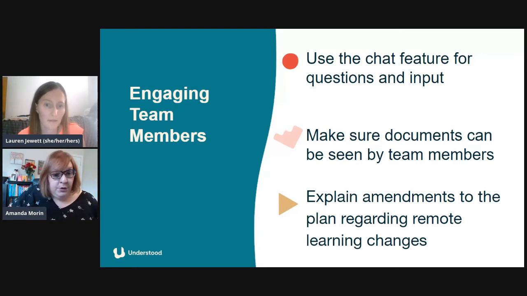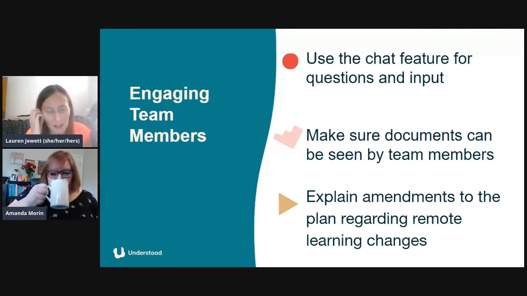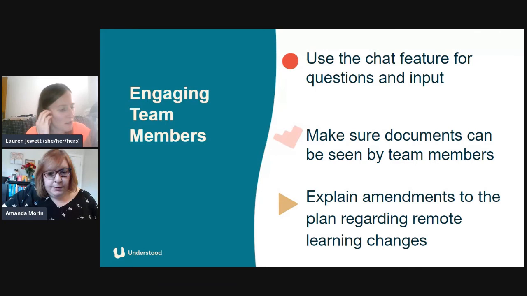You've been doing amendments too. This is a really interesting point, I think, that I want you to speak more to, these amendments right now. So, amendments to the plan regarding remote learning changes. I'll talk a little bit about this when we get into writing the goals, but